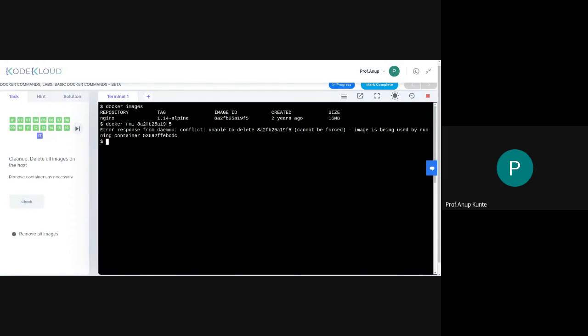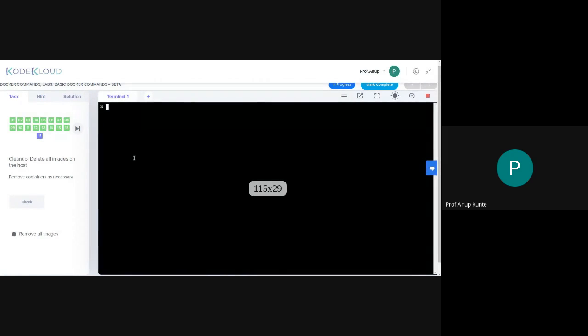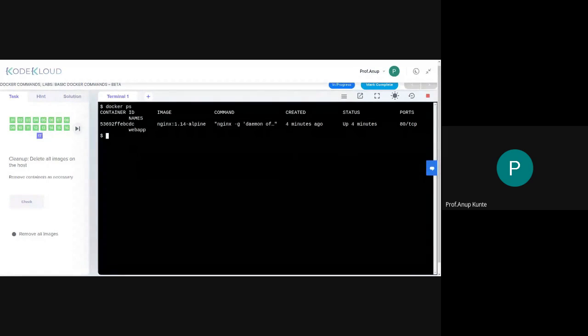So I need to first stop the container. How to stop a container? Docker stop and that particular number, right? Finally, okay. The connection is closed. I just need to know what container is running, and I need to stop that container.